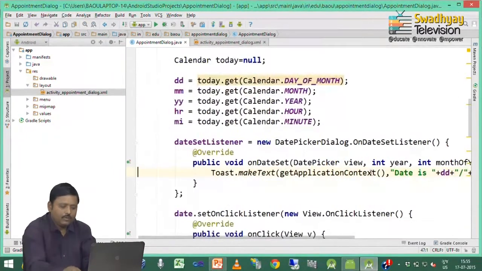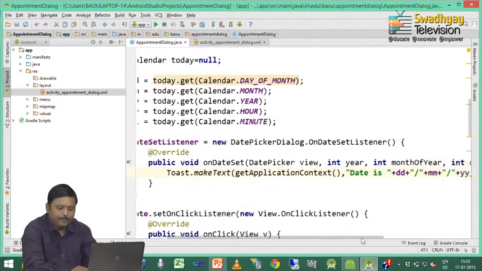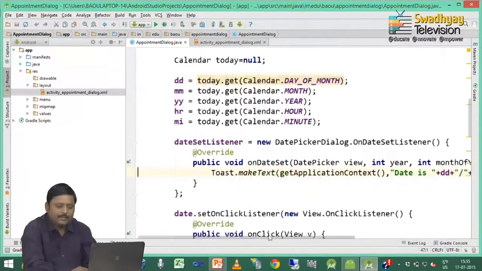So, this will display the message that date is this.